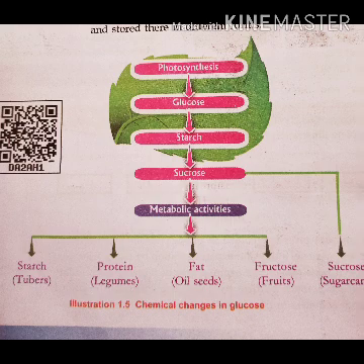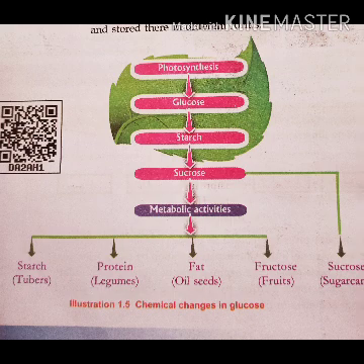Glucose is the energy source for the plant also. Plants utilize the starch as a source of energy for all the life activities of the plant. It is for the growth of the plant. And what happens to starch? The starch is later converted to another form of glucose, that is sucrose.